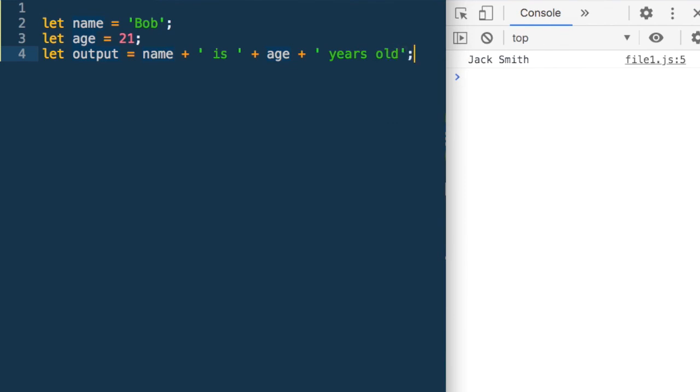So we have created this string: Bob is 21 years old, where Bob and 21 are the name and age, and using them we are creating the string. So now let me do console.log output. Now when I run it, what do I get? Bob is 21 years old. Instead of Bob, if I say Jack, then I get Jack is 21 years old. So this is another example of string concatenation, or how we add strings together.